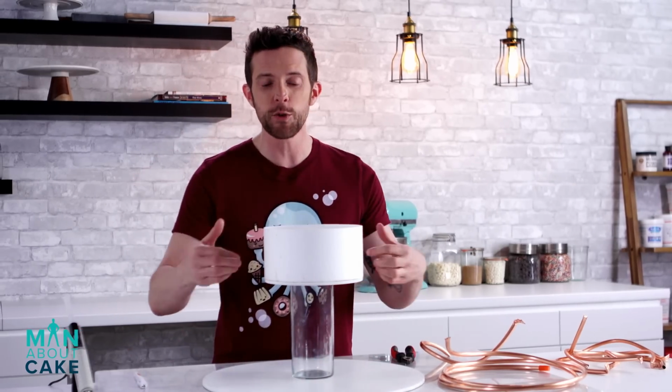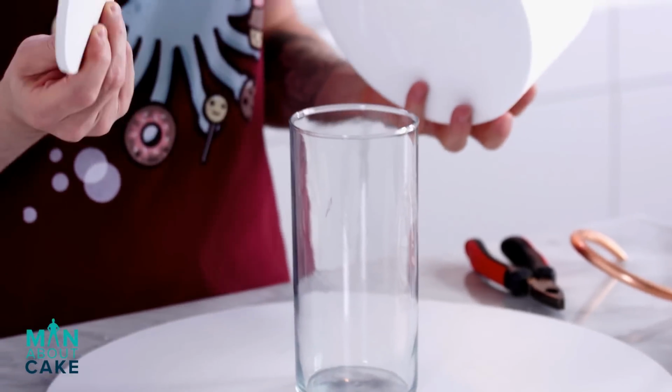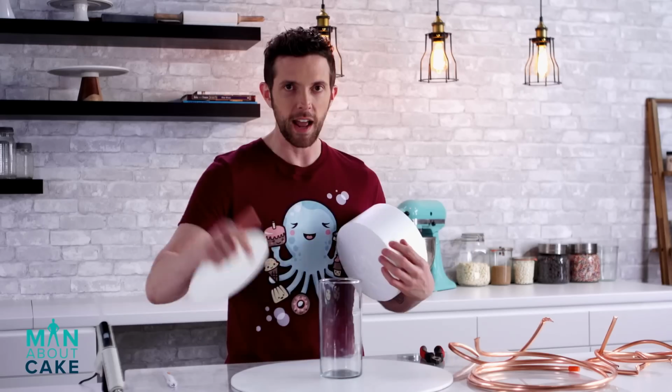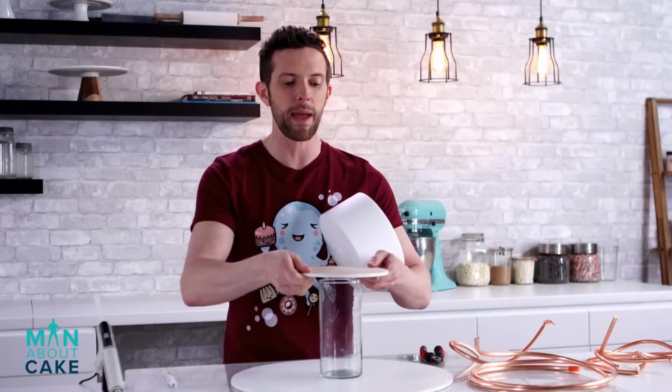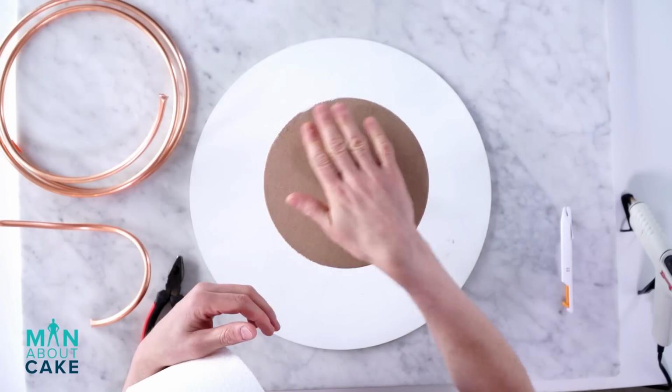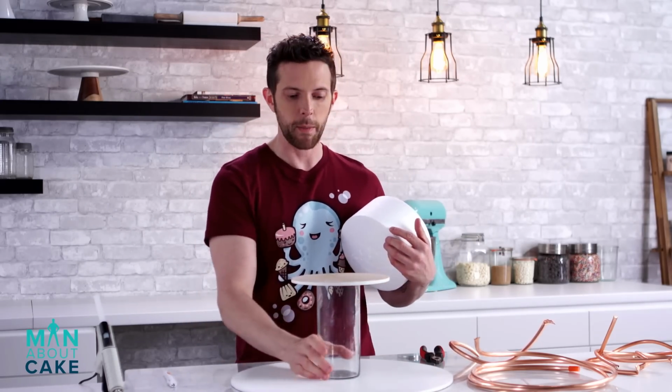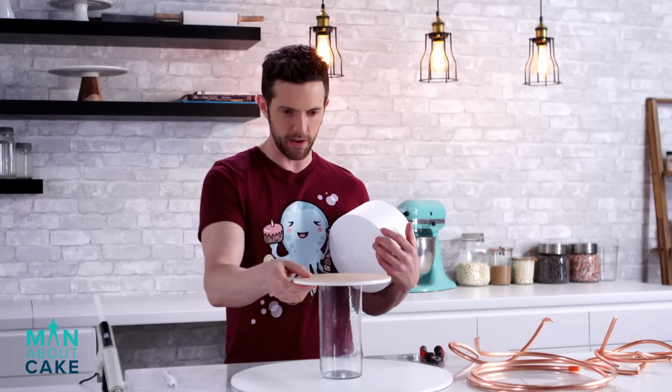So to build this, I have two masonite boards. This one is 8-inch. This one is about a 16. And I painted the top of this one white and the bottom of this one white, because we're gonna pack all the modeling chocolate around, so you're not gonna see this, but if someone looks underneath the cake, you might see brown. And then I'm gonna prop it up on this little vase that I found just to keep it